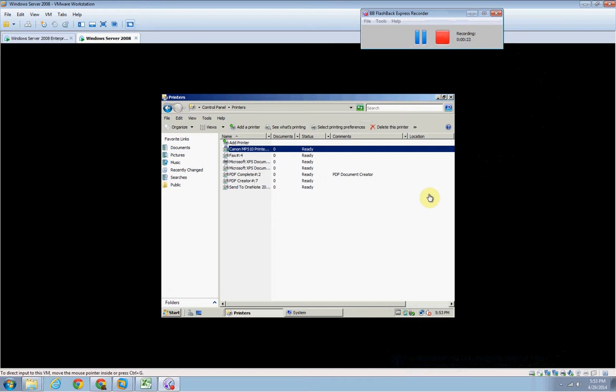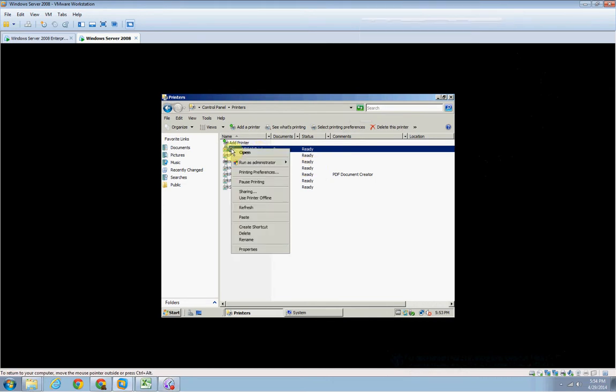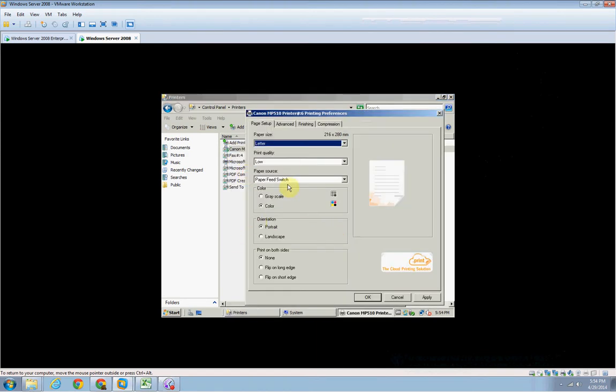So a couple activities back we installed the printer, and I didn't install the one the book said. I have one already installed that I have here, a Canon, and so we're going to go to printing preferences and see what options we have there to familiarize ourselves with it. So we're going to right click on the printer I installed, and we're going to go to printing preferences,